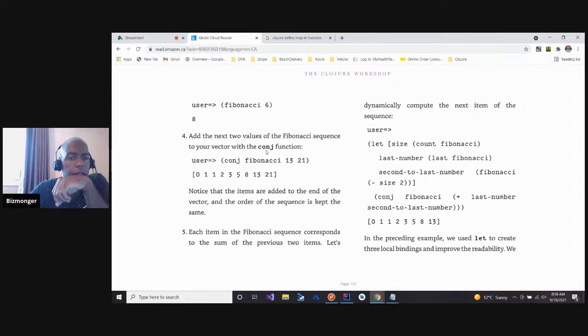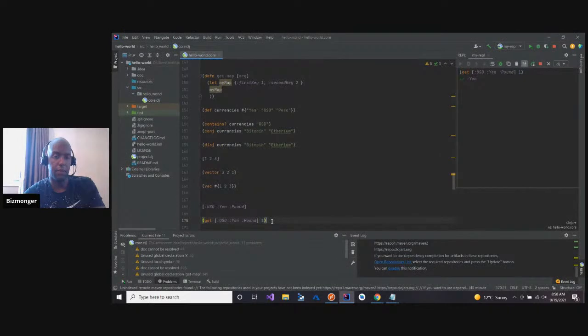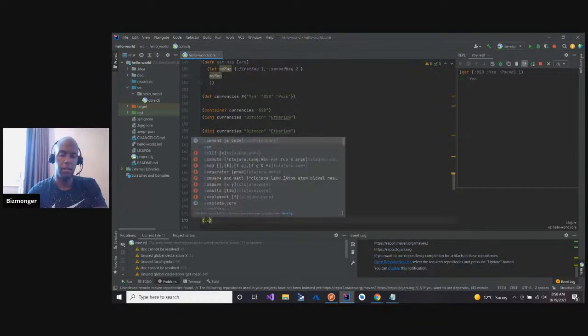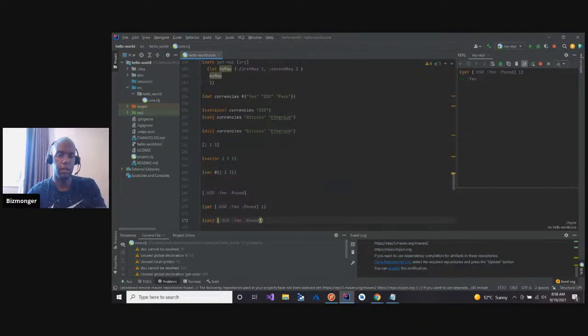Add the next two lines, conjoin. I thought conjoin was for a hash set. It would make sense that there's a common function that goes across the various structures. So I could say conjoin and then that right there, and then say Bitcoin.